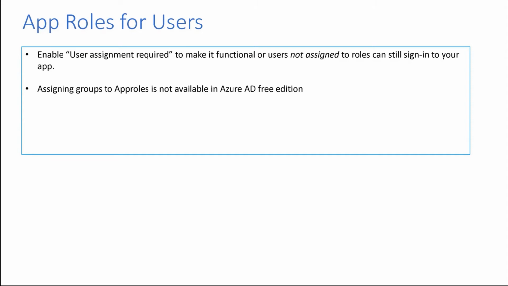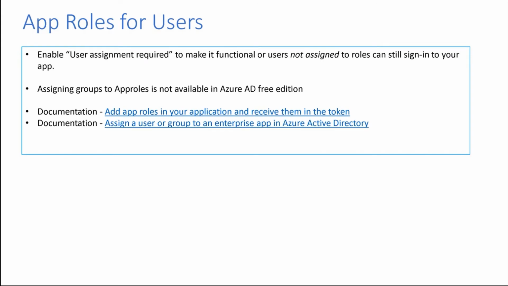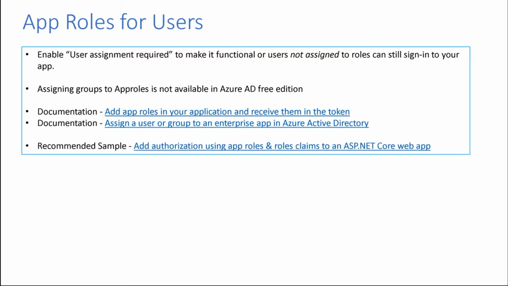The point that I had covered, that groups assigning security groups to app roles, is a very good way to ensure that you don't have to work with individual users. If you are in a tenant which has hundreds of thousands of them, it's not available in the free edition of Azure Active Directory. I have provided links to a couple of documentation pages that would let you explore this feature in more detail, including how to assign users. And if you want to get more details around it, please use the sample provided to learn about them.